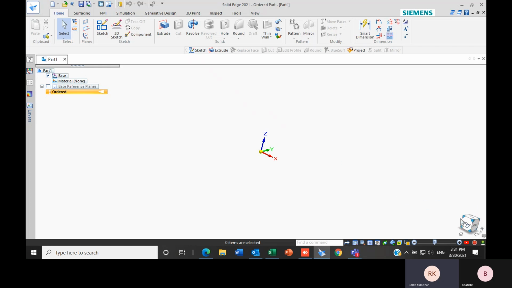The next is, here you can see in the right bottom corner, there is a cube type of theme. If I try to move it, here you can see the cube is also moving. If I press the middle button of the mouse, however I move it, you can see in the center the base is also moving, and in the right corner the box is also moving. So this is about the views of our working drawing.